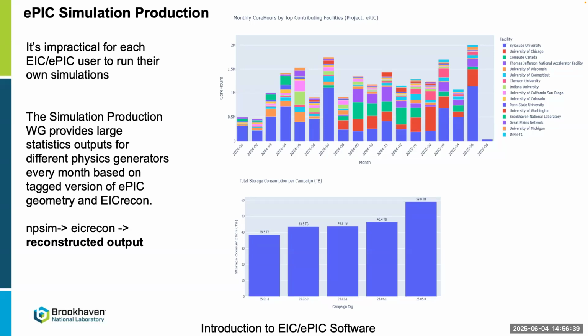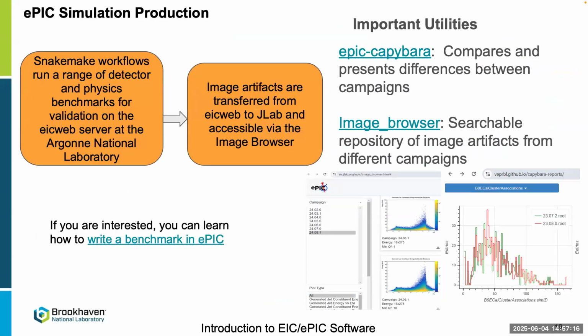And then the other one was how much storage this was consuming. So this month we had data of about 60 terabytes. That's 60 terabytes for 1 month. Again, you can see it would fill up very quickly if you're trying to store all the data locally. So that's the benefit of having these central productions that put the data onto our XRD storage, and then you can stream that data over XRD using the same mechanism that we were using to run our simulations. And you saw that you didn't have to locally copy that input file to run the simulation. Okay,